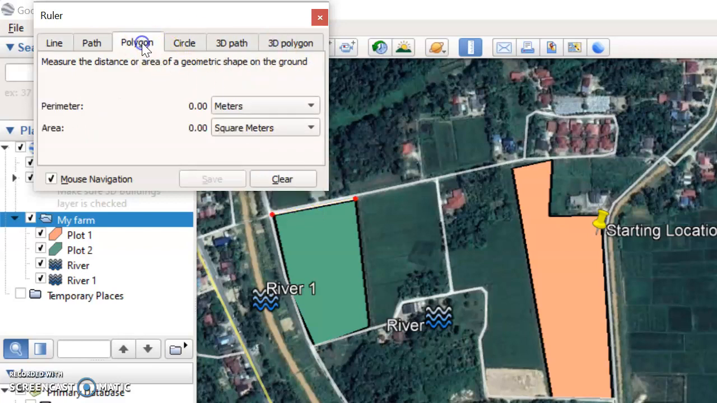And also we can see the area. If you want to calculate the area for this study area, you can go to the polygon. For example, you need to clear the other measurements, then you can click the area that you want to measure,